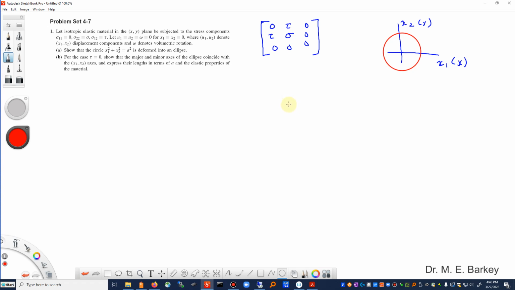We're going to do this through the use of our strain displacement equations. Now, if you remember, we are in the section where we are looking at small deformations. And there's different ways to write this Hooke's law that we're going to use. We're in an isotropic material. So we're going to use the